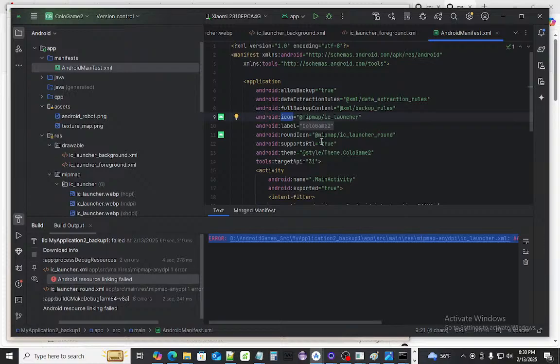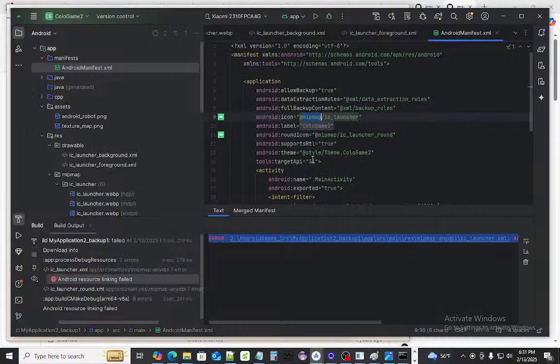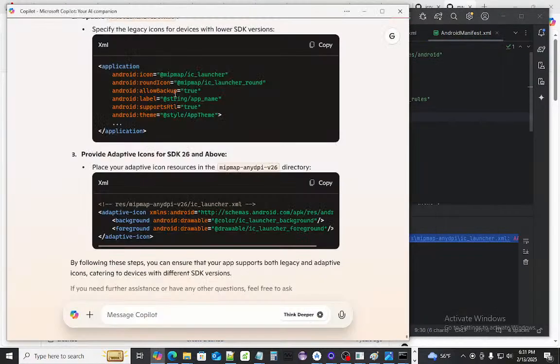Allow backup equals true. So this is like not in the right order. Mipmap launcher, mipmap launcher round, true, app name, supports RTL. Yeah, so all of this is already